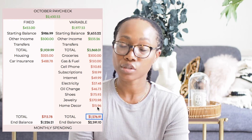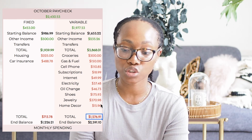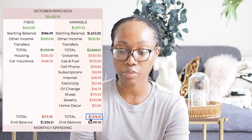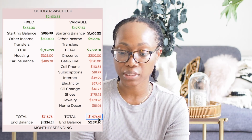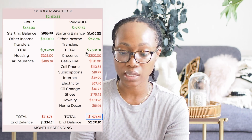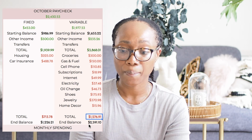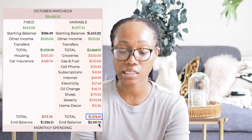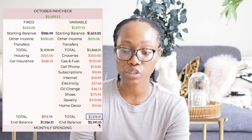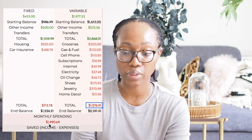And so in total, if this goes as planned and I don't spend anything else, which is somewhat unlikely, but we'll see, I would have spent $1,276.91. And then minusing that from my balance up here, I should be left with $2,501.10. And then in terms of how much I will be spending in total between both accounts,